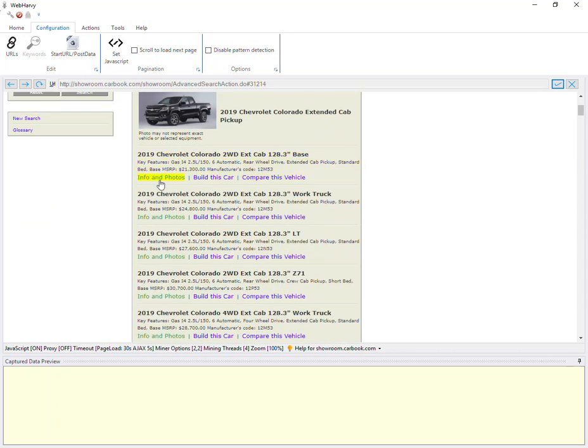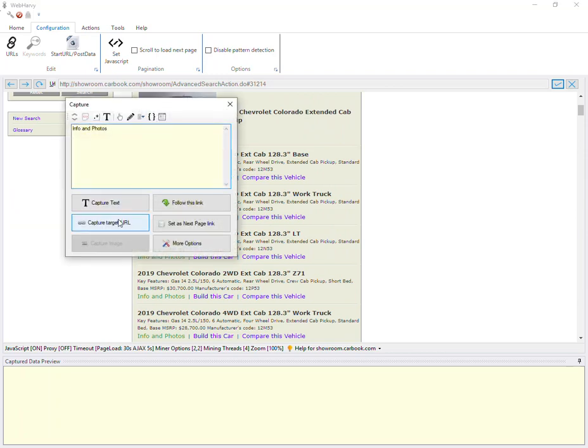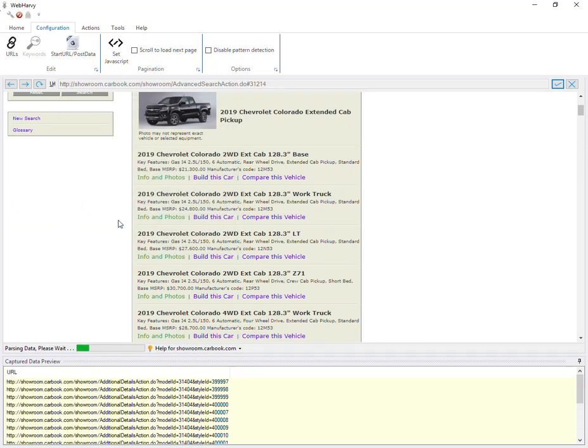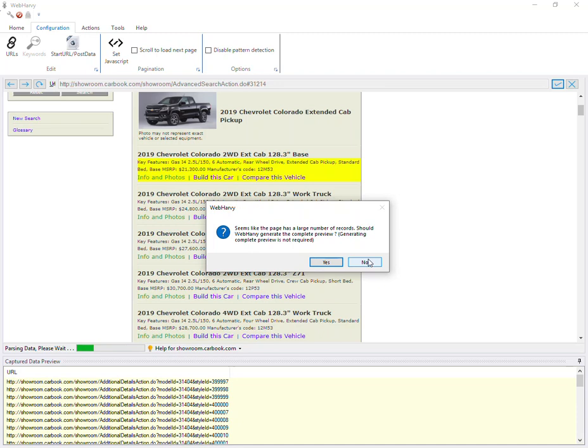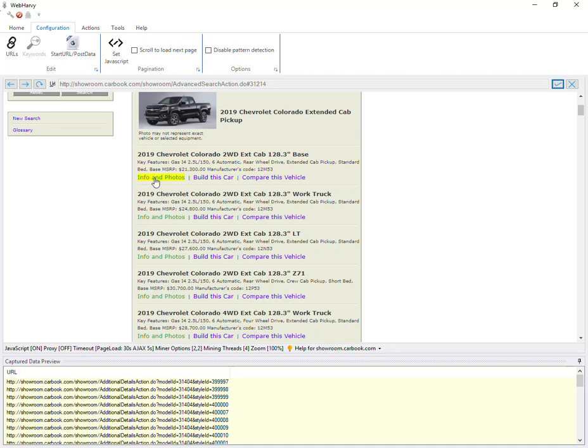Now first you should click on this link here, the info and photos, and from the resulting window select capture target URL, and we give it a name URL, and as you can see in the preview, all the URLs of details pages of these variants are extracted and displayed in the preview. So if you select any other detail like the name of the car from this page, it will not come up correctly in the preview. There will be a lot of blank spaces or blank rows. So the recommended method is to click on the info and photos link and select the URL,